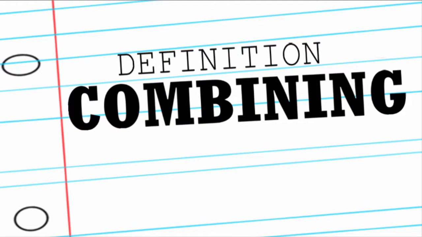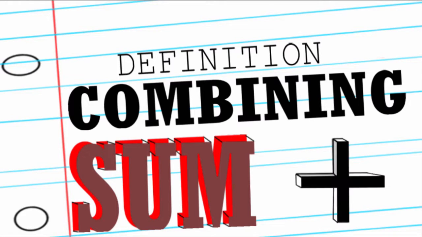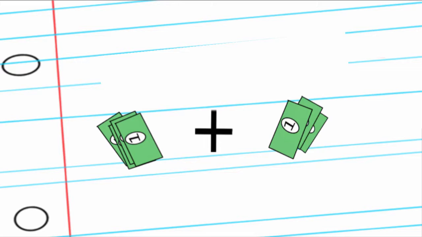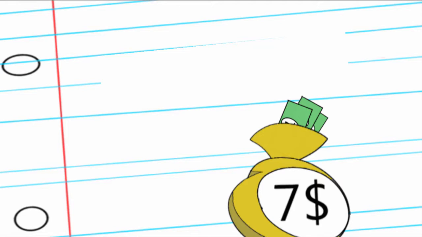Addition is combining things. It's putting things together. When we add, our end result is called a sum. And when we also add, we're talking about using this plus sign. So we use the plus sign to get a sum. Quick example. Let's say that you have $4. Let's say a friend of yours has $3. Trying to put some money together to go to the store to get something. All around together, you guys will have $7. We added. Our sum in this case was 7.